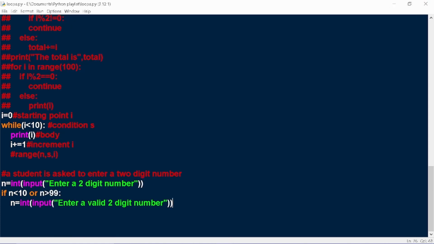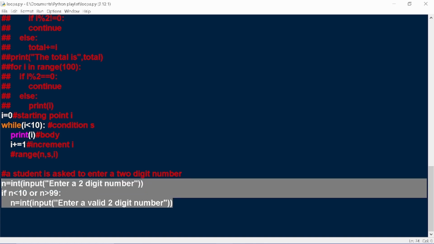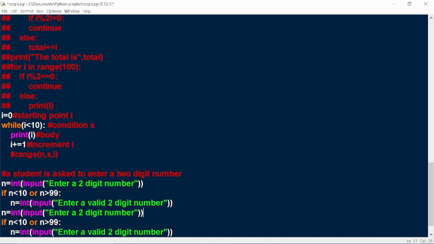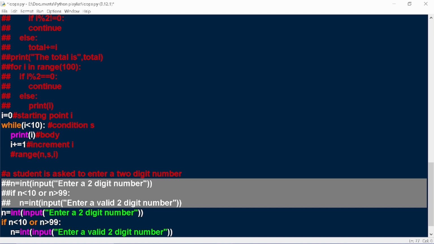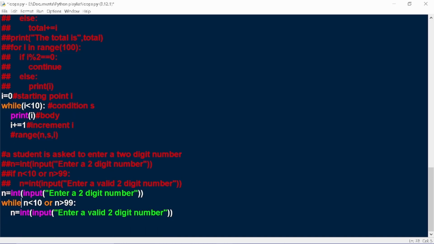I am not going to do anything else. I am just copying these lines to here, commenting these lines. Here you go. And I am just going to change this if condition to a while loop. And if I run this now,